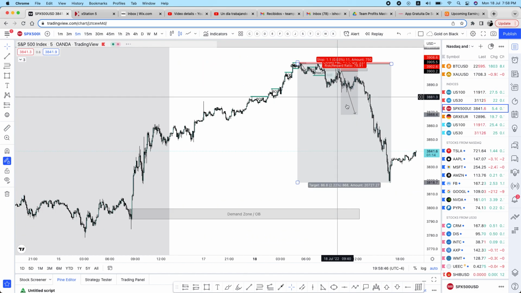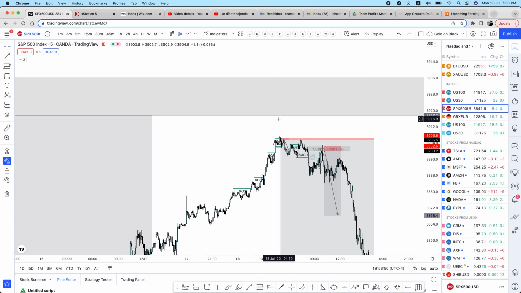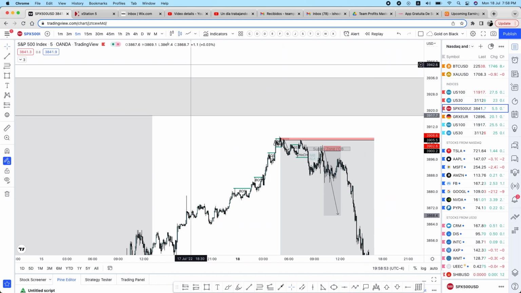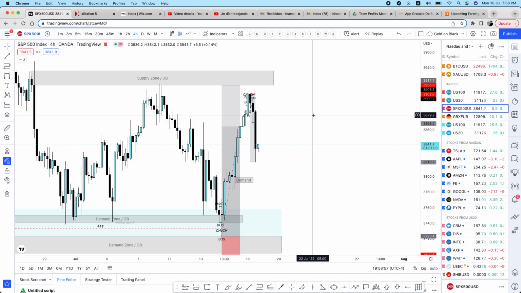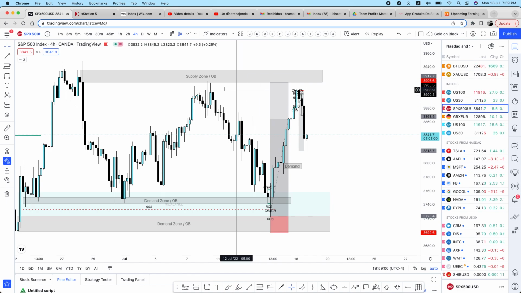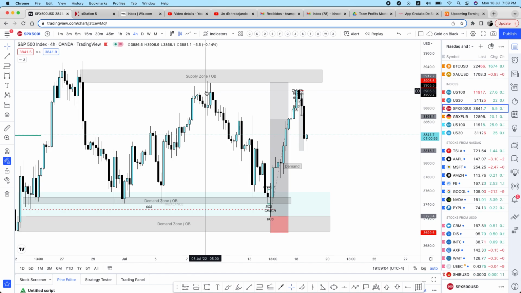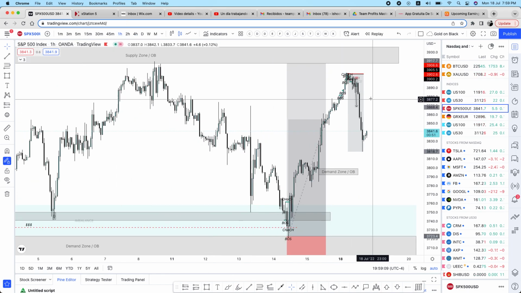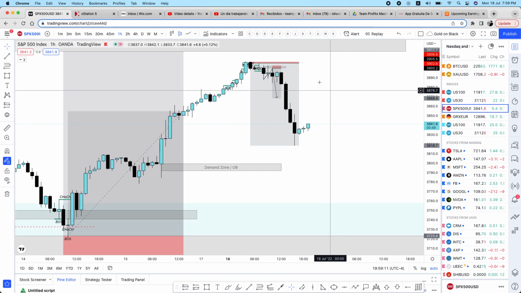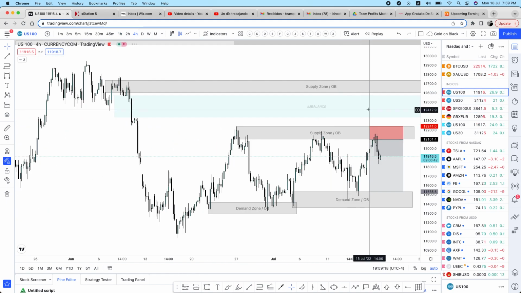So I was not paying attention too much to S&P 500. Why? Because it was not positioned where I wanted. US30 was the best today because it was actually positioned where I wanted, right? Plus, S&P 500 already mitigated this zone. So hey, right here in this area, there was a potential another order block that got activated. But as I mentioned, I was not too attracted to S&P 500 or even Nasdaq right here, because this area